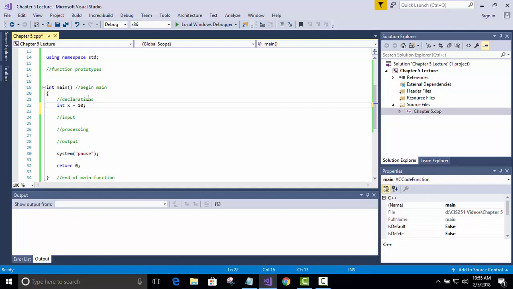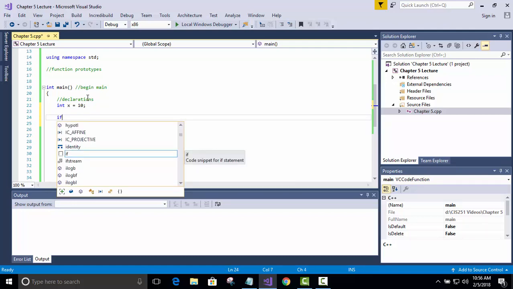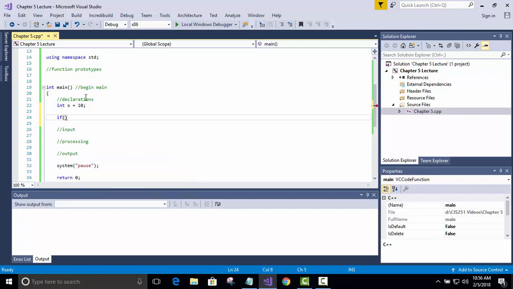So if I were to do a test using if, there are a couple of different ways that you need to know about this. And if you look on page 119, you'll see a syntax statement. The condition goes in here, and the condition returns a logical Boolean value. It's either going to evaluate as true or as false. So if I put x,